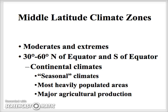Generally in the world, if we generalize to the entire world, this is where we find most of our population bases. It is true in Africa to some degree as well, but there's so much coastline in Africa, it kind of moderates a lot of the extremes of the African climate. But it is generally true in the world that most of your world's population is in these middle latitude zones. That would include the United States. It would include Europe. It would include most of Asia, about the northern half of China. It would include all of Brazil, Argentina. It would include Australia. These are going to be areas that are extremely, extremely, extremely densely populated because they're very